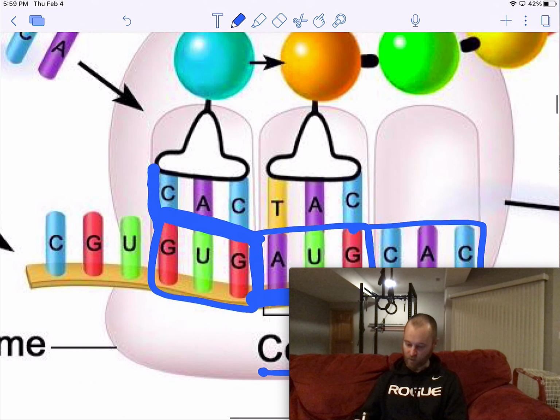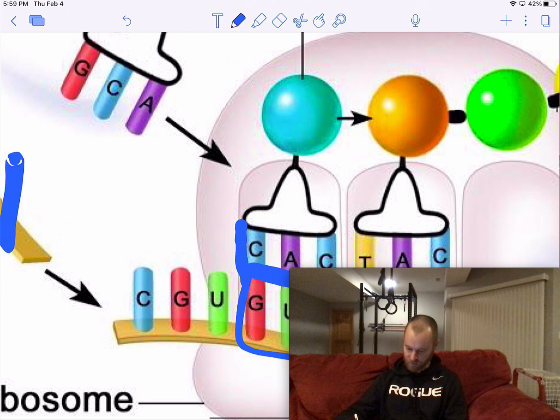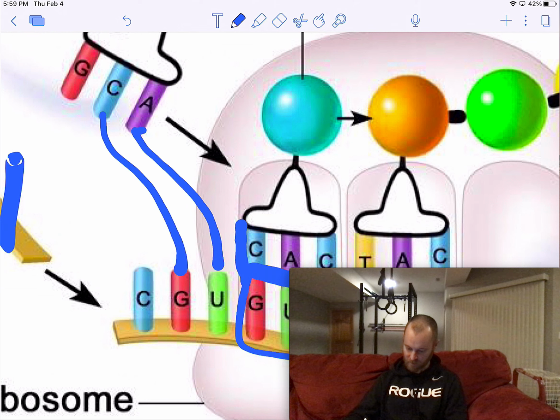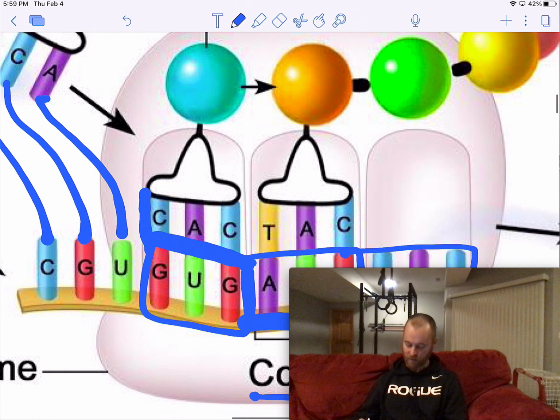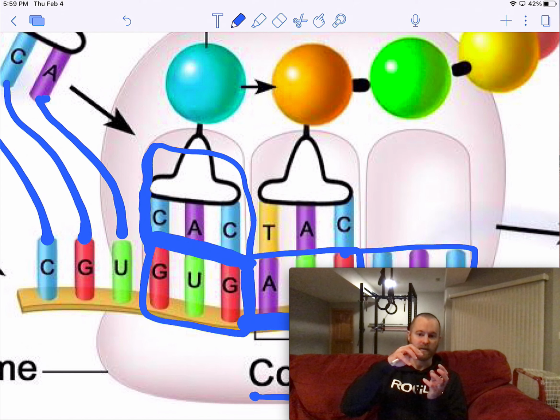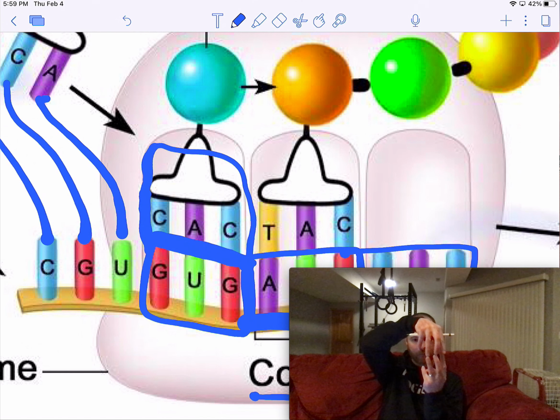So a tRNA will come in, so you can see this one's coming, it's going to match A to U, C to G, and G to C. So this one's coming in. It hasn't entered yet. When this spot vacates, it'll enter. This one is already matched up. Okay, so the tRNA matches up to the mRNA,